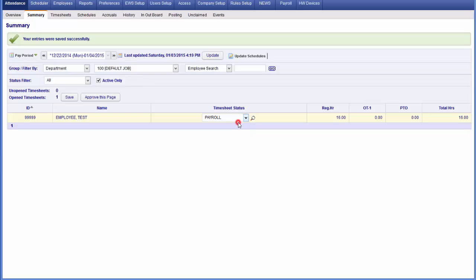Contrarily, if I wanted to open that card back up, I simply just change the status and then click Save again, and the time card would be reopened. If I needed to make an adjustment to a time card that had already been approved for payroll, I just simply come to Summary and then pick my employee and change the card status itself